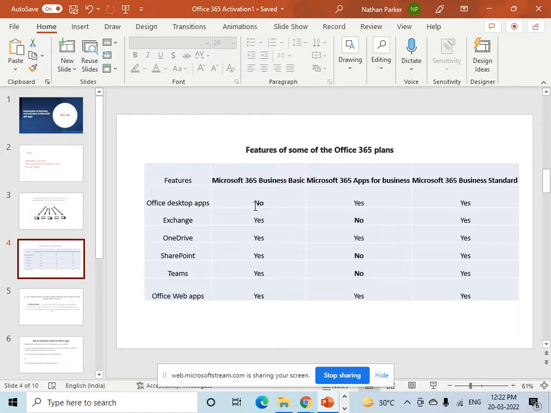This subscription does not have the Office desktop apps included in it. It does have Exchange, OneDrive, SharePoint, Teams, and Office web apps. So you will be able to use the Office web apps such as Word, Excel, and PowerPoint using the browser. This Business Basic subscription will be used by users who already have a subscription for Office, or maybe a volume license copy of Office,